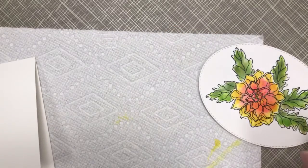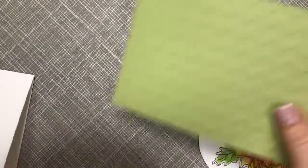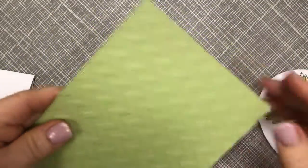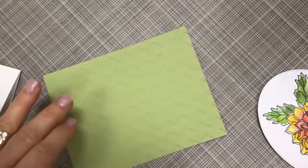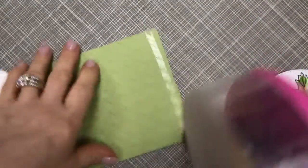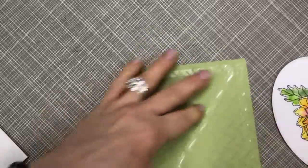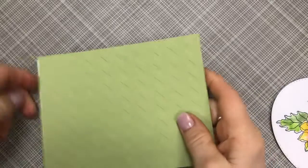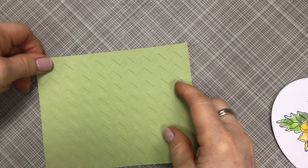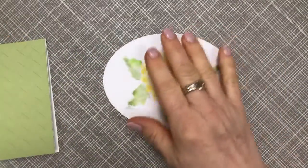I have a panel here, which is just a dry emboss panel here. It's got just a basic little zigzag pattern. I'm going to use this as the back side. This is, I think, a Sizzix folder, but we're just going to place this on my card front. It's just a top fold card front, and I'm pretty much going to cover the entire panel there. Okay, I have my